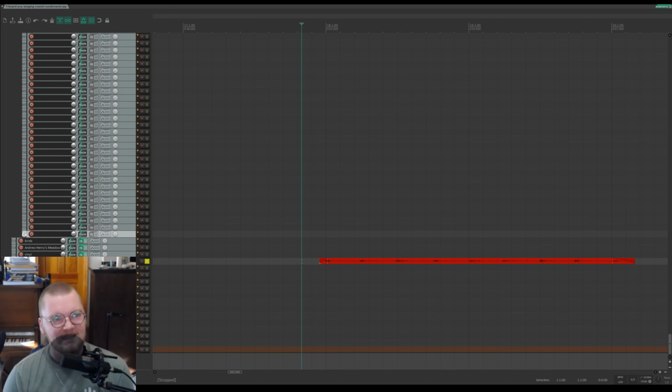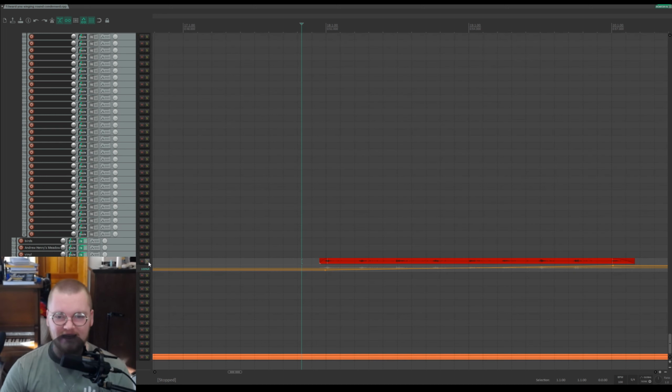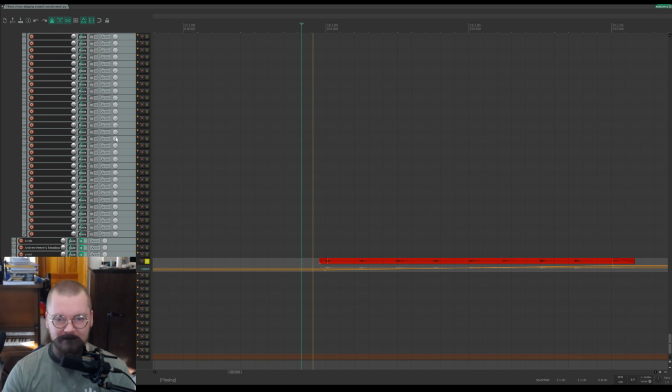But first, it's kind of fun that it moves from left to right. It actually sounds like somebody's walking through your head. Starts on the right, moves to the left. But the other fun thing about it is that it's in a 4 to 5 polyrhythm with the beat. So if I turn on the metronome, actually I'll just solo this out.